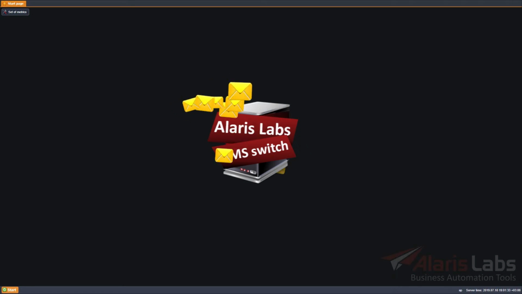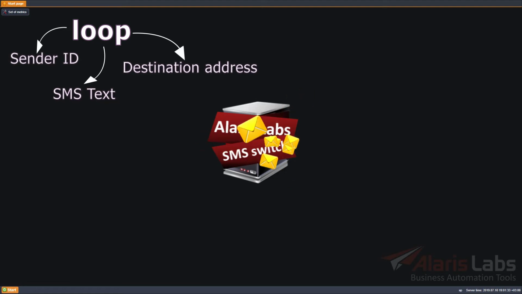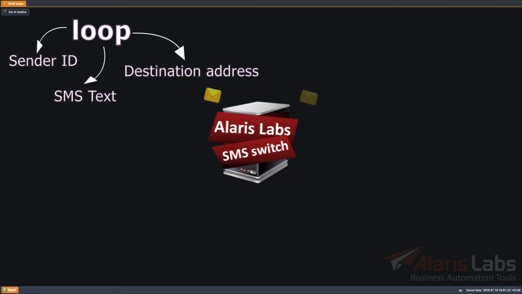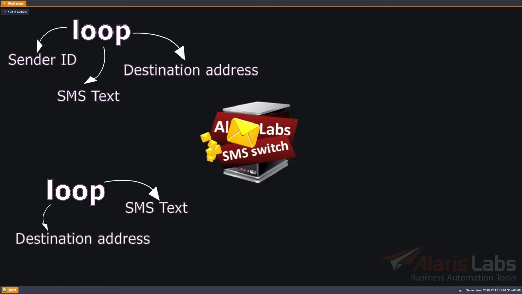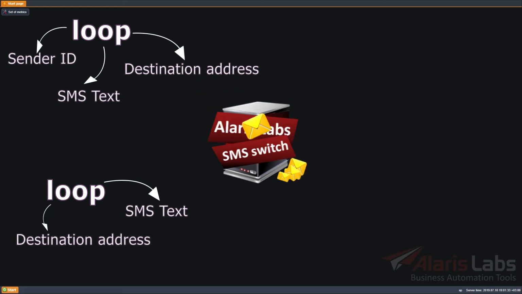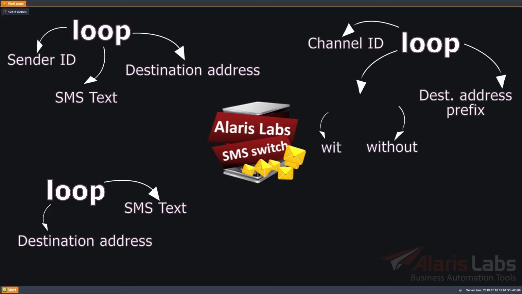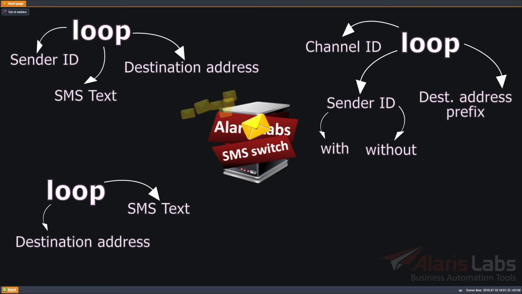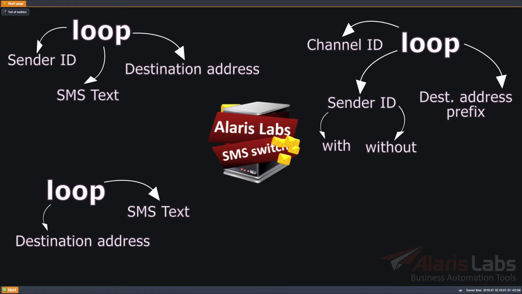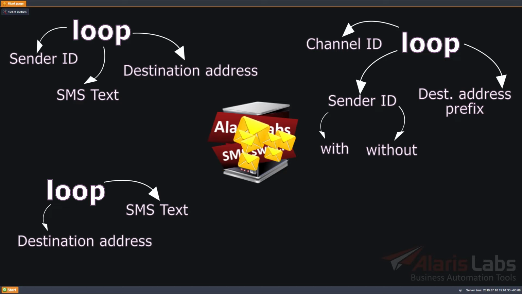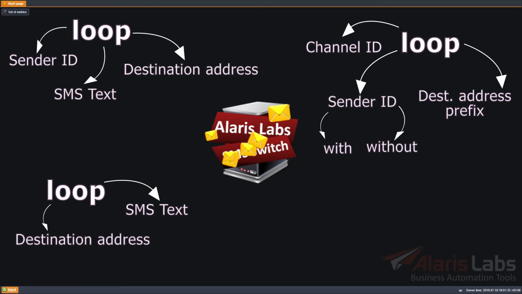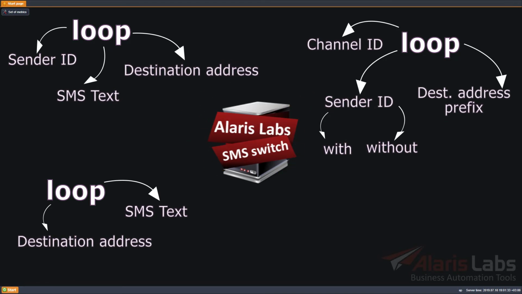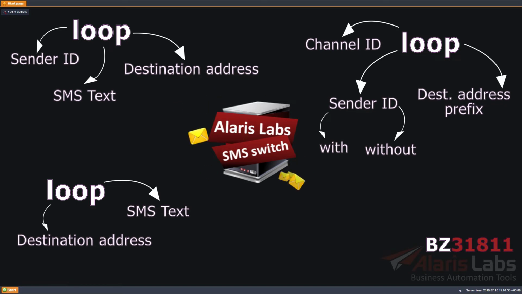The SMS loop detection logic has been enhanced. Previously, loops were detected in the switch either by sender ID plus DNIS plus SMS text or by DNIS plus SMS text. Now they can additionally be detected by channel ID plus destination address prefix plus selected detection type with or without sender ID. This option allows greater flexibility as it involves the use of prefixes. To enable the feature, contact the Alaris support team and communicate the code